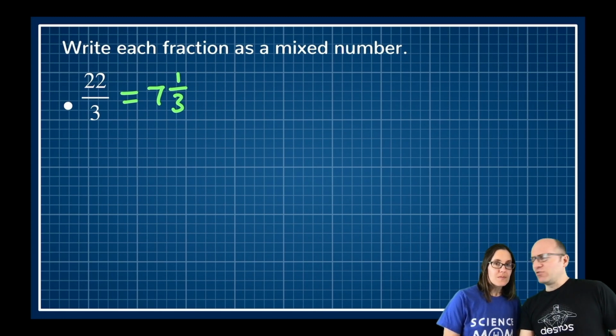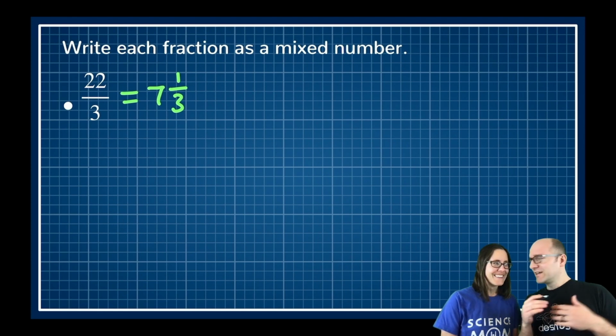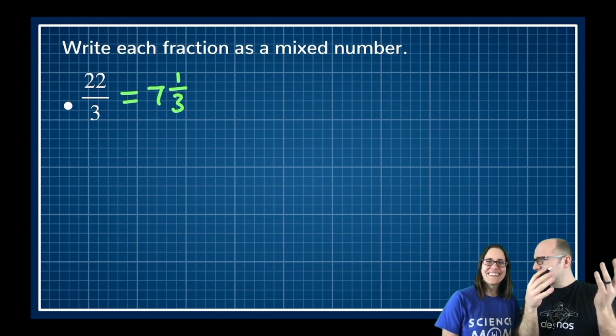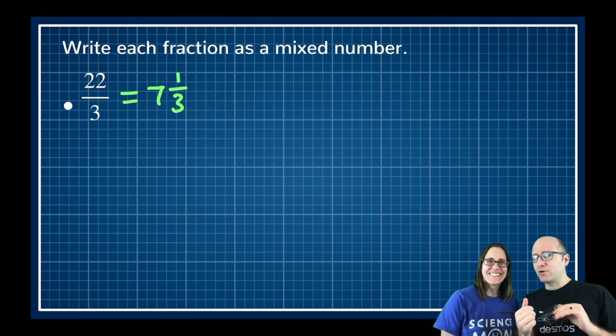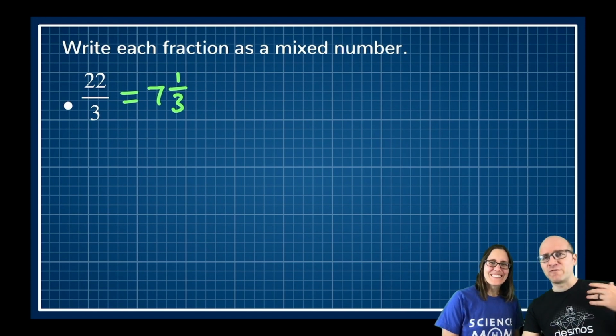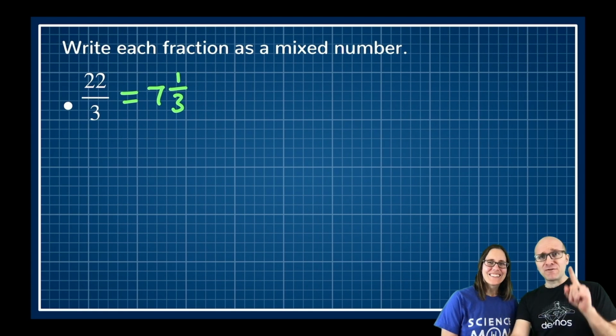And they actually even used to give these a different name. They would call them improper fractions. Improper? Yep, as though there was something improper about 22 over 3, a bigger number on top. Usually the numerator's smaller than the denominator when we think about fractions. And I always envision some Victorian age old lady saying, improper fractions.